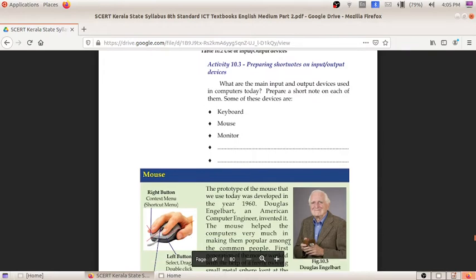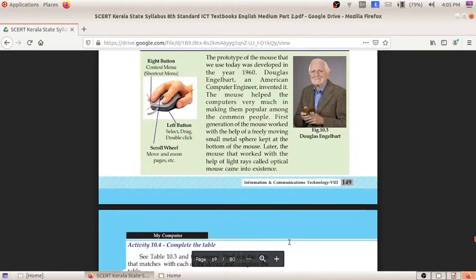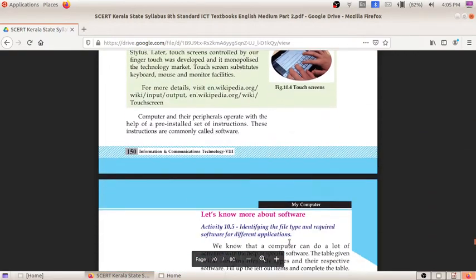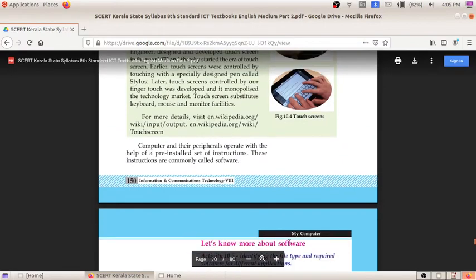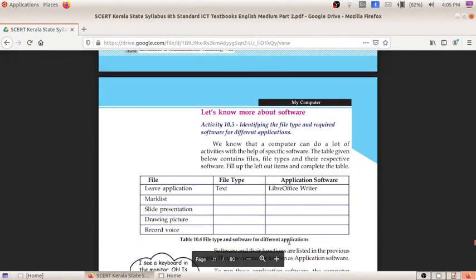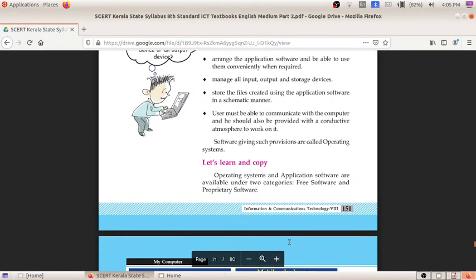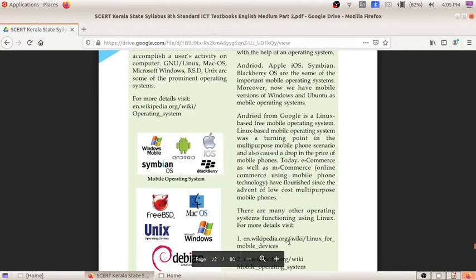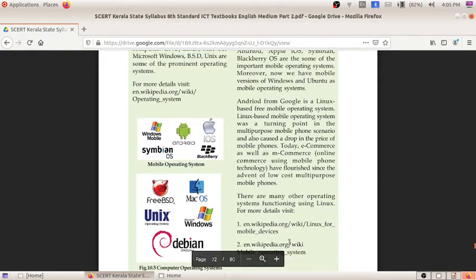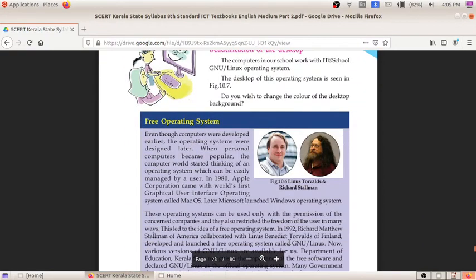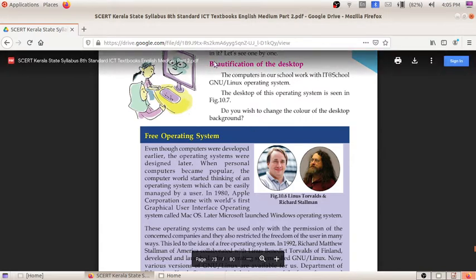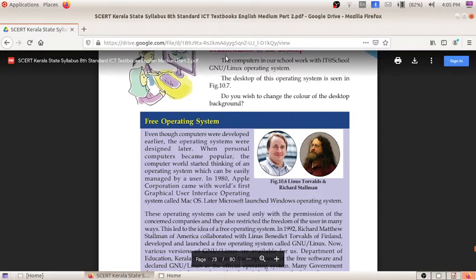I gave a homework assignment for preparing short notes on input and output devices, and we discussed the touch screen and touchpad. Then we discussed what a software is, operating systems, free operating systems, free software and proprietary software. And then there is a topic, beautification of the desktop,